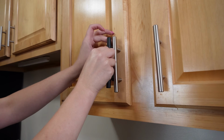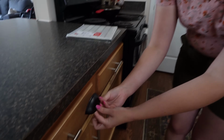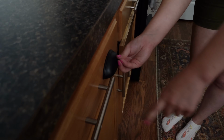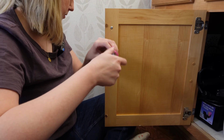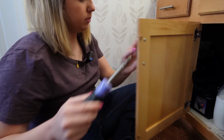This next one is so easy to do, and I recommend it to pretty much every renter, and that is to swap out the hardware throughout your apartment. I have talked about this before in the sense of swapping out drawer knobs or drawer pulls or cabinet pulls, and that is such a fantastic way to do it, but I'm gonna extend this out even further. If you want to really add some flair, some personality, some cohesiveness to your design in your apartment, swap out